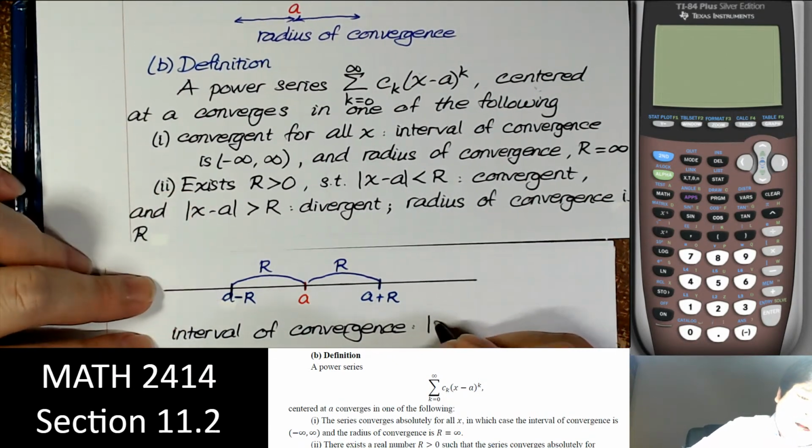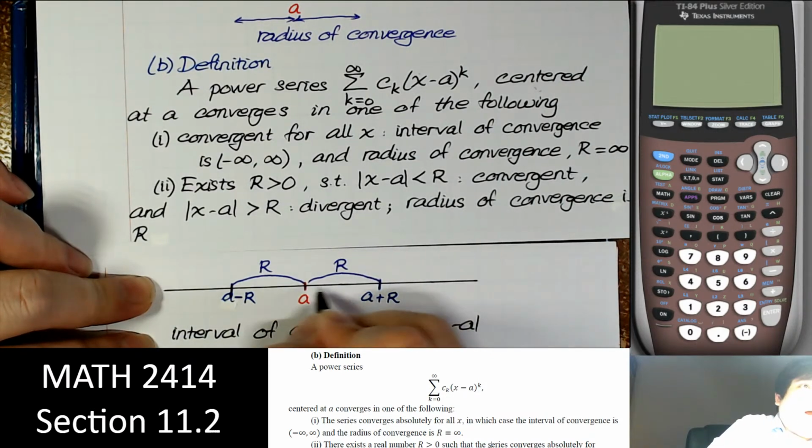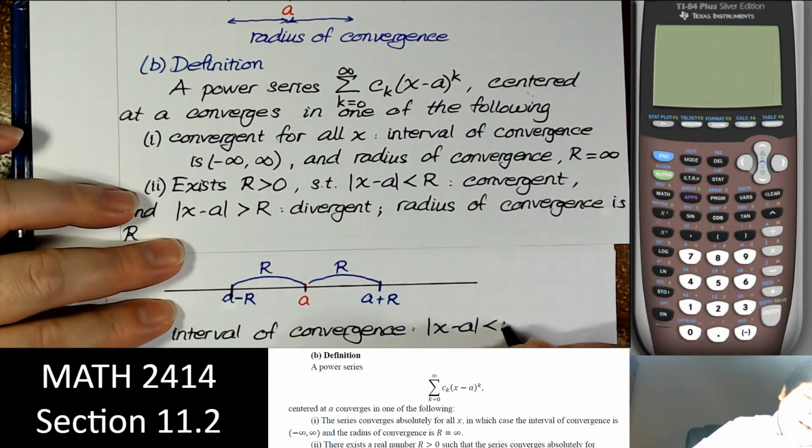We're going to say |x minus a| will be anywhere within those points, less than r,